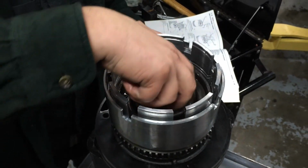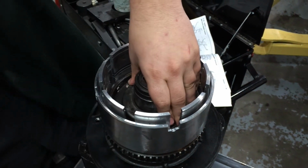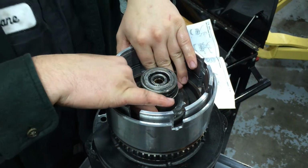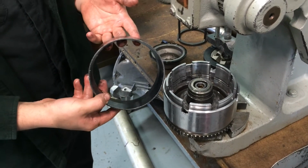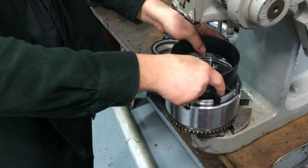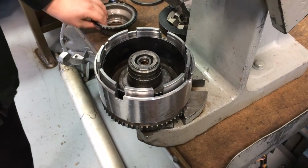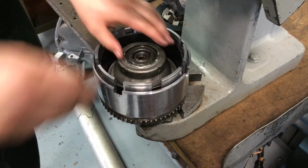The next piston goes down. This is the underdrive piston. It's now locked into place. And we'll go back over the press. So now we're going to install the top part of the piston. This involves a special tool, it's a seal saver. So it slides down on the shell. And then the piston itself